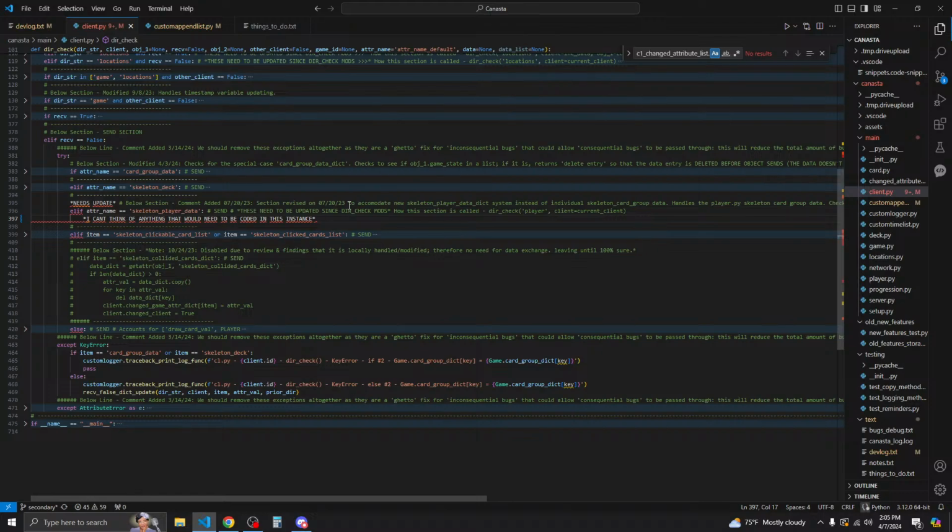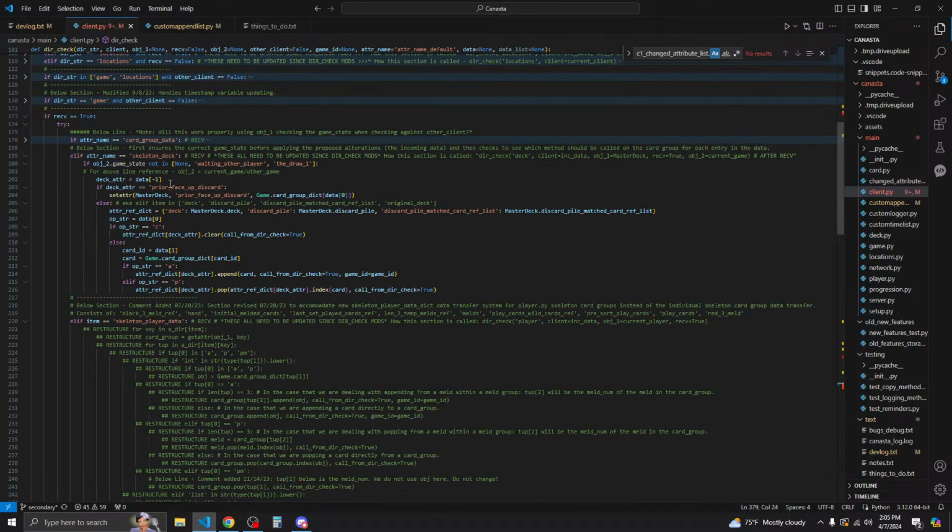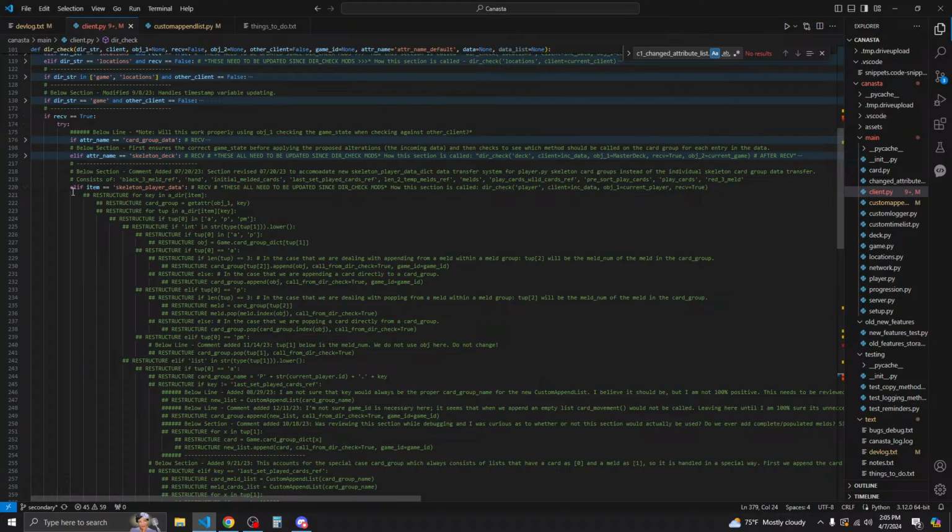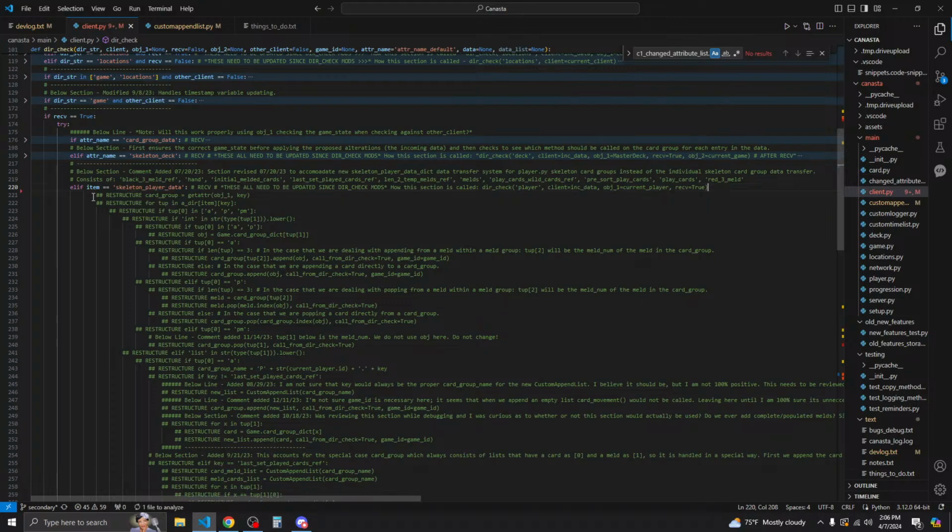So we'll go back over here. We're gonna go to receive section and look at this skeleton player data. Okay, and we can figure out what we're keeping and getting rid of first of all. So we're getting rid of that because we don't iterate. Card group equals get adder object 1 and key. We're gonna keep that but restructure it.